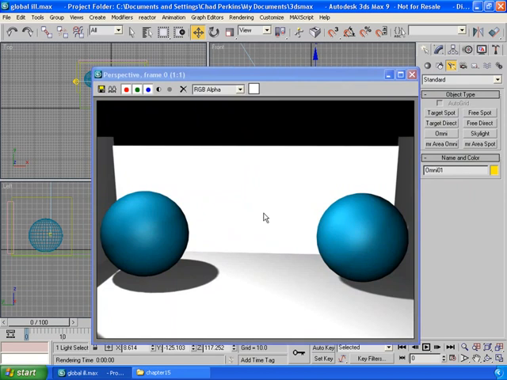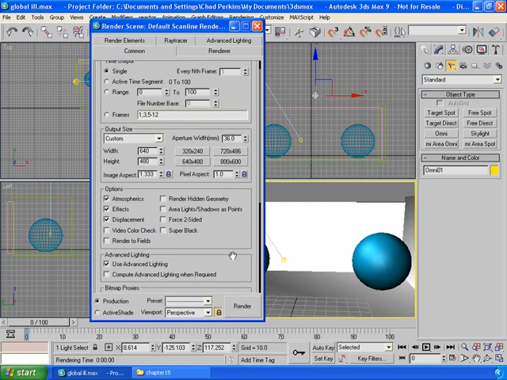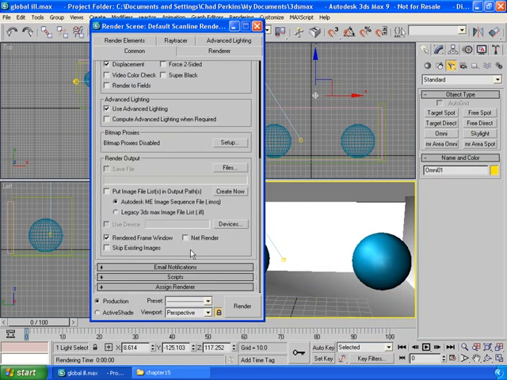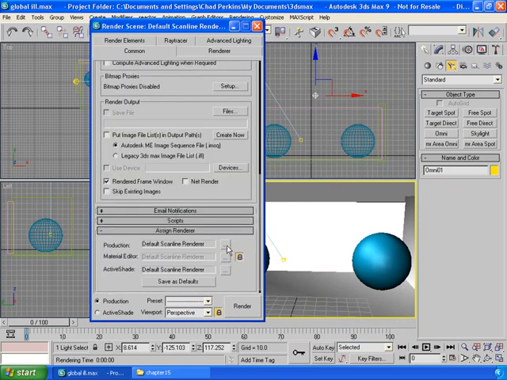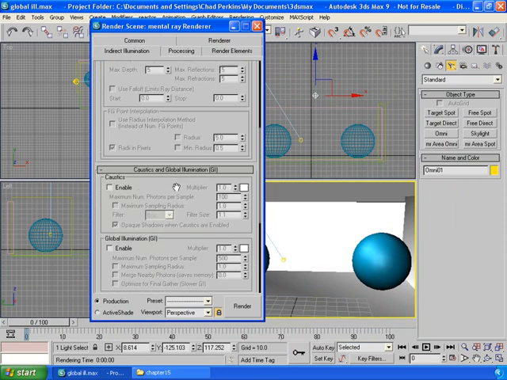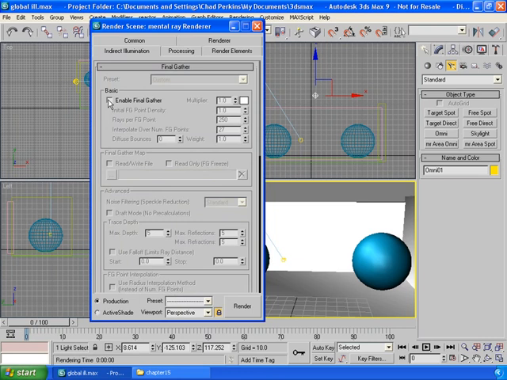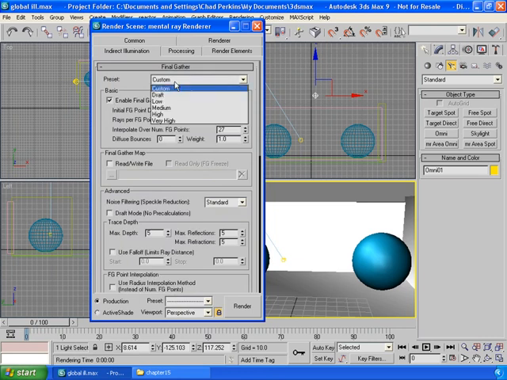However, if I hit F10, change the renderer under the Common tab, assign renderer, hit this button, select Mental Ray Renderer, and then if we go up to Indirect Illumination, what I did is I selected Global Illumination, and for this I actually took the trace step down to 3. Quality is about the same, but it renders a little bit quicker. And I enabled Final Gather, used one of the 3ds Max 9 Mental Ray 3.5 presets, selected High, and then I rendered. And I'm not going to take the time to re-render that here, but I'm going to open up